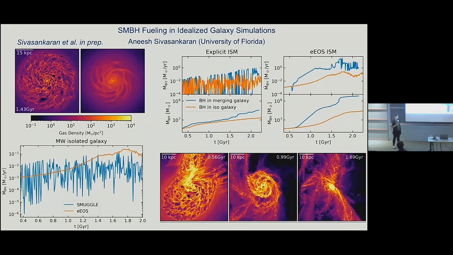But yeah, I think the schemes we're using for black hole accretion are definitely a major uncertainty in these simulations, in terms of how much of the gas that's inflowing through our resolution limit is actually ending up on the black hole. I don't know if Alessandro or anyone else wants to add.